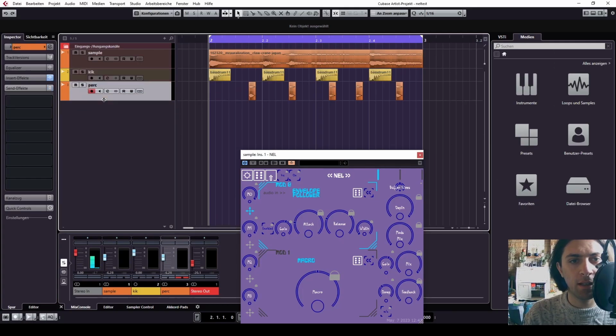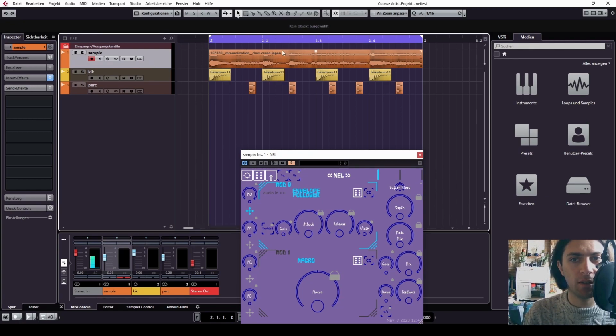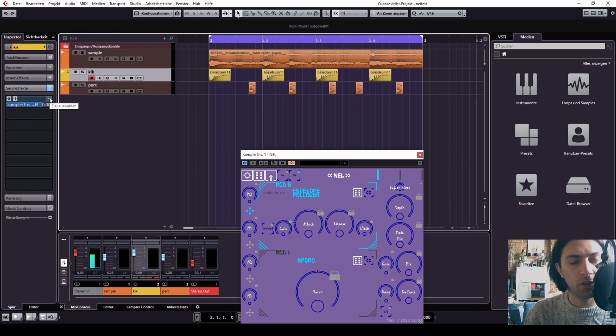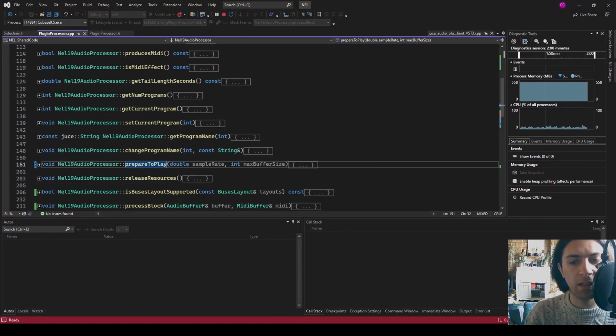In Cubase, it actually works like this, that no matter if you go in with a mono or with a stereo track, it will be converted to stereo if the main track is also a stereo track. That makes me wonder, I still have to test if this also works on a mono track. I will have to do that later. However, as you can see, all of the different cases work here, and if one of them didn't work and failed on initialization, then it would have given me the exact point where it failed in my IDE,